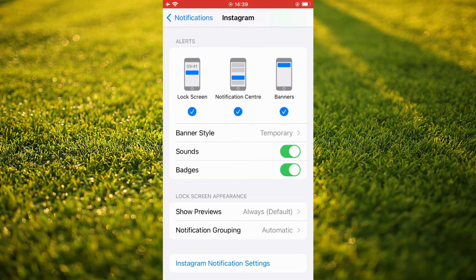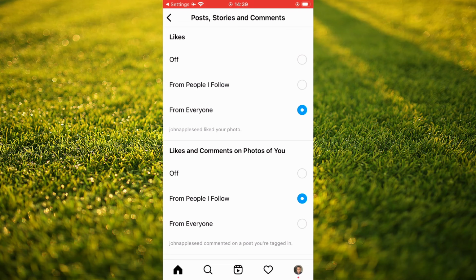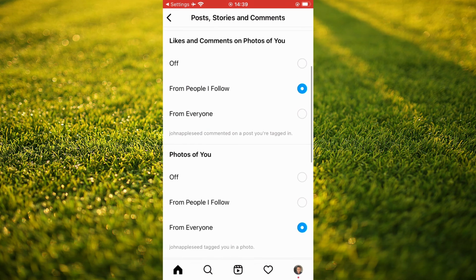After you have done all of that, you're going to tap on Instagram notification settings right at the bottom of the screen, and this will automatically open your Instagram account. And from here you want to select posts and stories and comments, and from here you can set it if you would like to get notified from everyone that likes, and you can specify the type of notifications that you